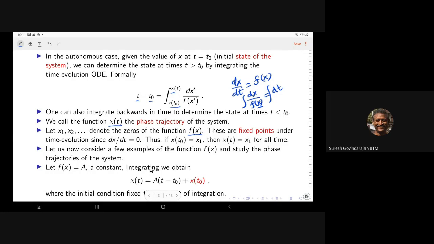Okay. So what we're going to do now is to start working through some simple examples and proceed from there. So we'll consider a very, very simple example first. We'll play with some f of x's. So the first one we're going to play with